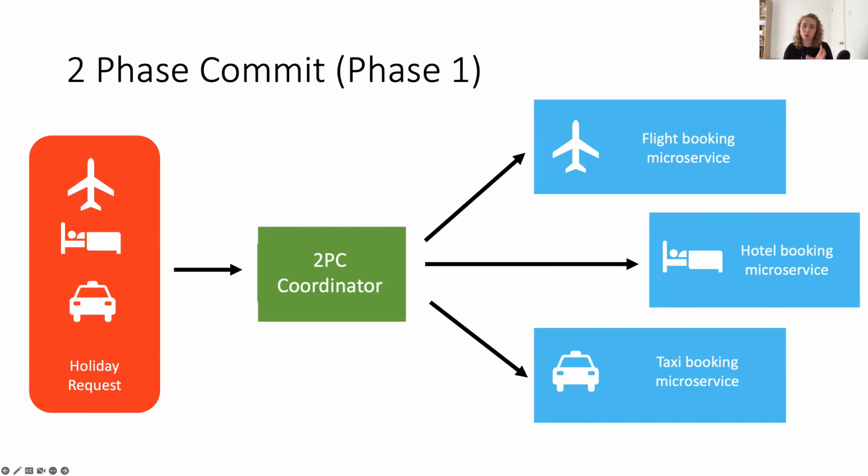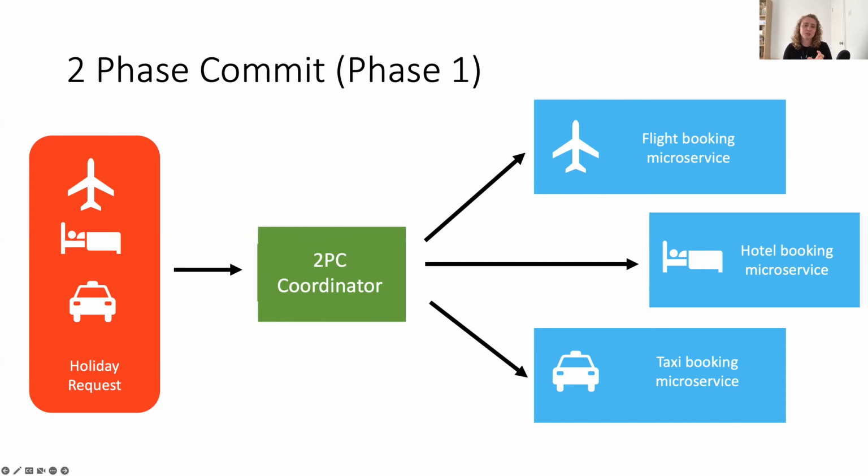So I'm going to use the holiday booking example because it's a really great example that's very clear for us to understand, because many of us have booked package holidays. In this, we have some kind of front end that's making the request. It's then going through to this two-phase commit coordinator. So this is our consensus protocol going on here. And this is what's used to direct out the various micro requests or micro transactions to the individual microservices involved in this overall transaction. So we have a microservice for flight, a microservice for hotel, and a microservice for our taxi booking. I'm going posh, we're going taxis rather than car hire.